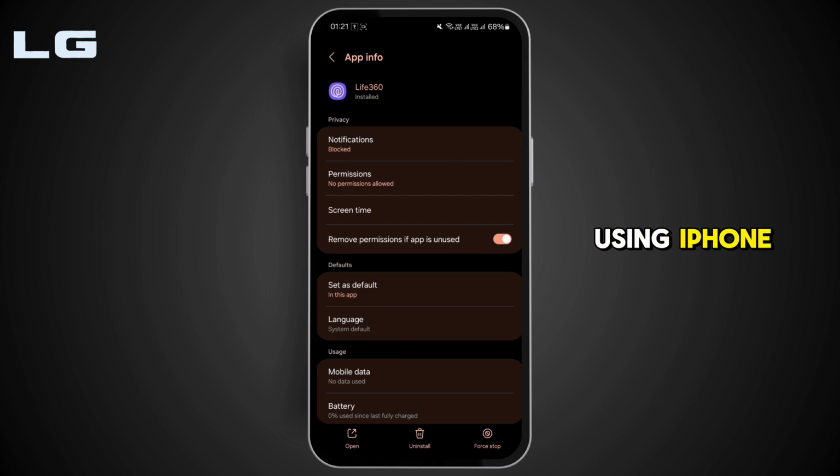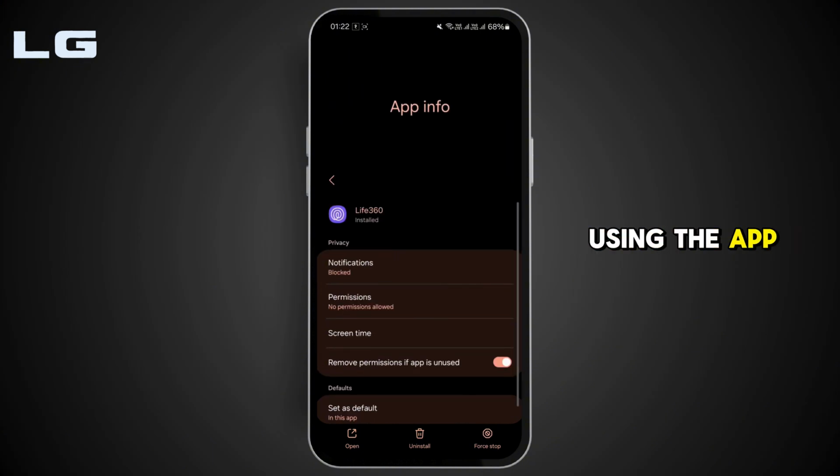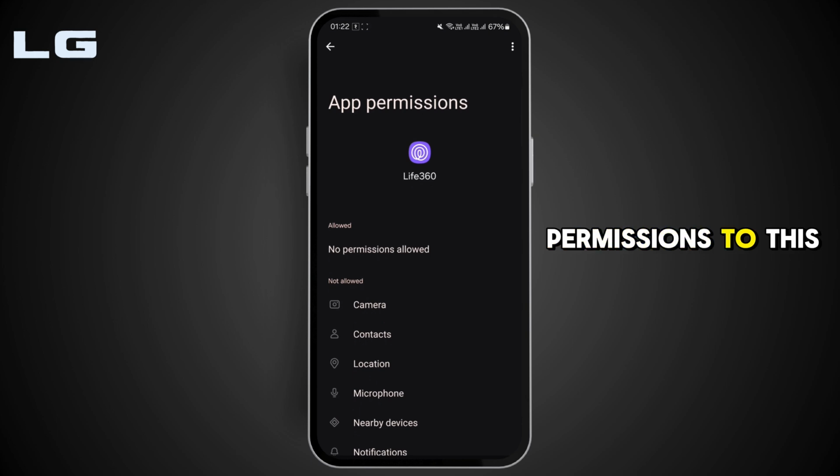And if you're using iPhone, try offloading the app. For that, go to Settings and then go to General. Then go to iPhone Storage and click on Life360 and offload the app, and then reinstall it using the App Store. Also, make sure that you have given all the permissions to this app and ensure that the location, storage,